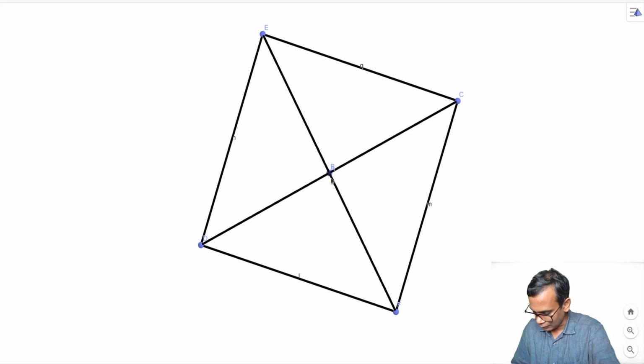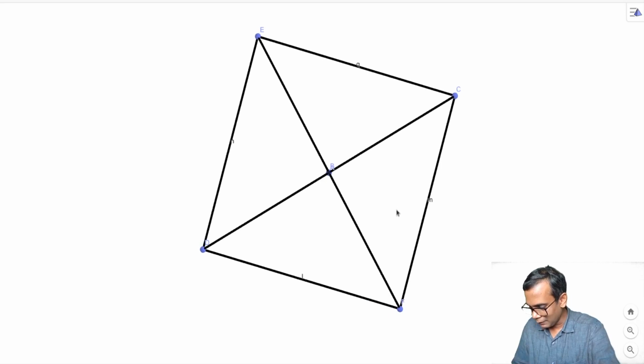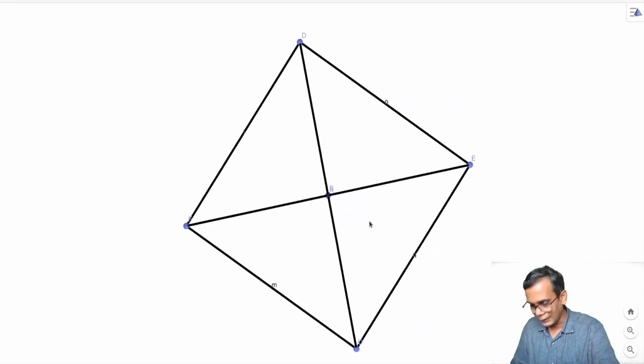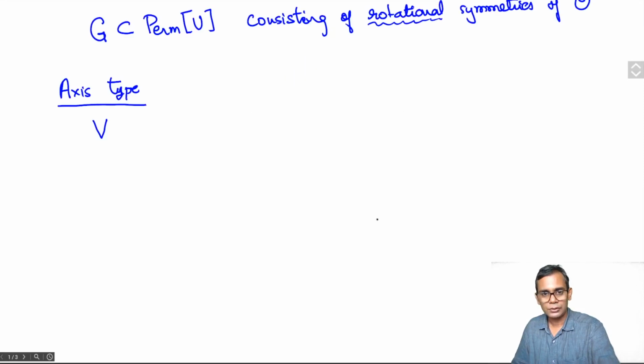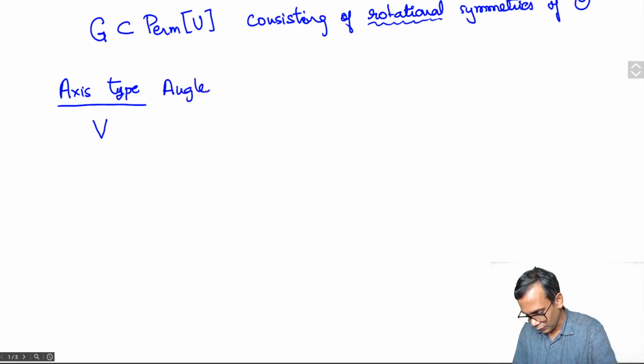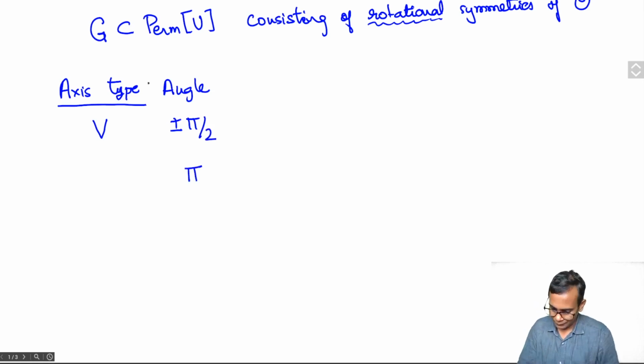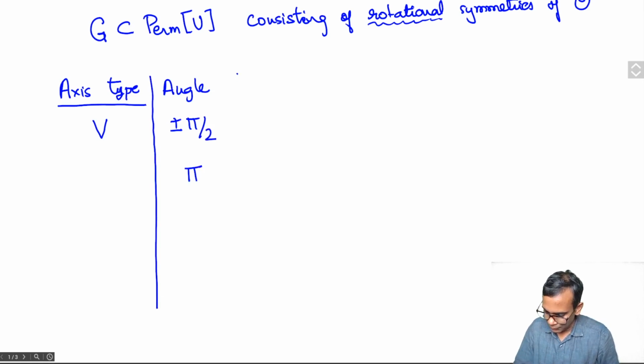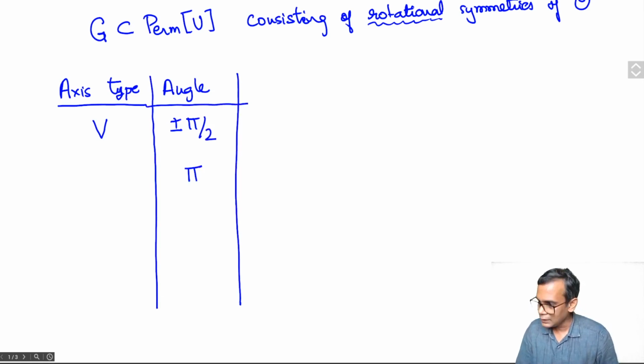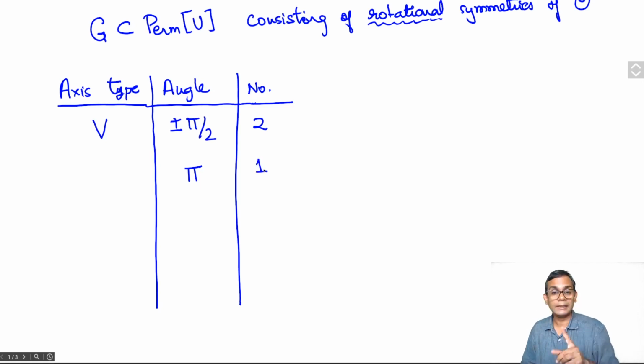If you look at it from the top above this axis, you will see that you can rotate by multiples of 90 degrees. So for an axis of type V, we have rotations by angle plus or minus pi by 2 or angle pi. Plus pi is the same as minus pi. Plus pi by 2 and minus pi by 2 means we have two such rotations,